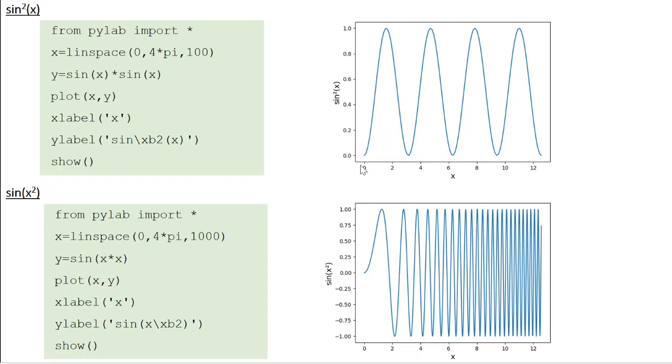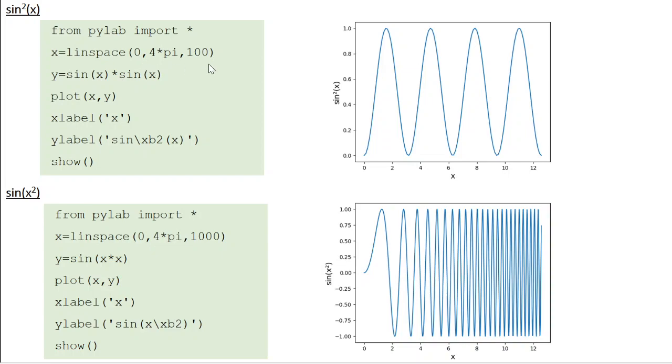So the scaling of the axis is done automatically. You don't have to bother about that. Now if you want sine x square, you create the same x array, y equal to sine x into x. Then how do you give the y label? So sine x², where only the 2 will be the superscript, as shown in this figure. So this is how the sine x square function is going to look.